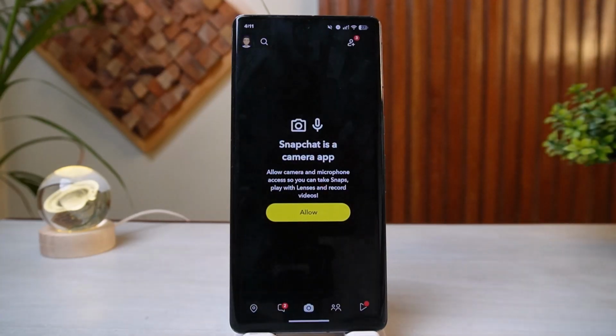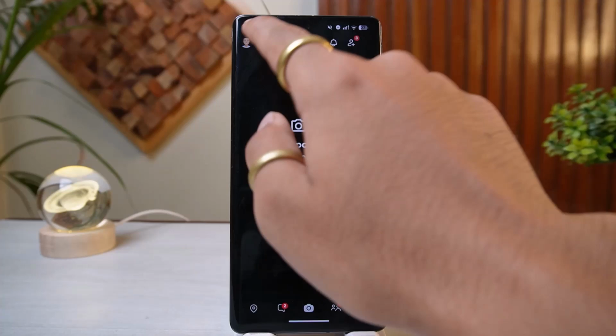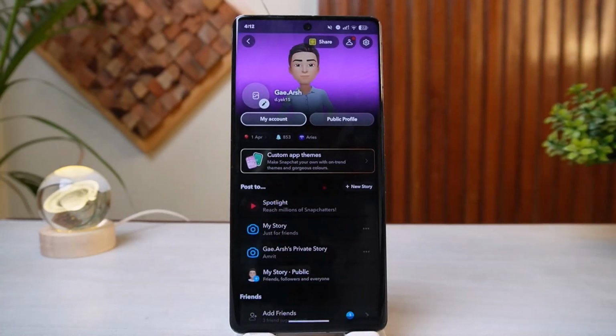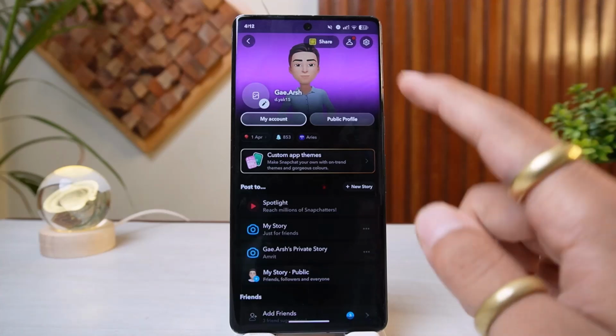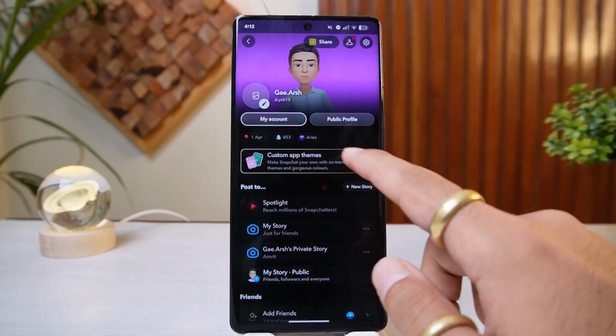into your account. Once you've signed in, you also have to make sure that you are subscribed to the Snapchat Plus Premium. You simply have to tap on your Bitmoji icon on the top left corner. You should be able to find the Bitmoji or the Snapchat Plus Premium icon or the card over here right